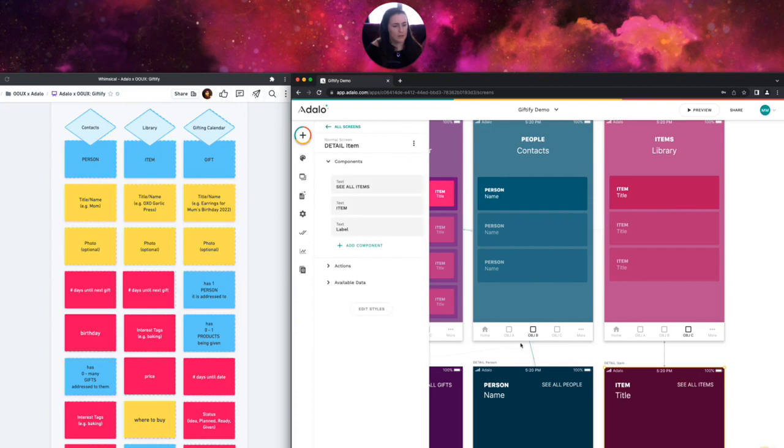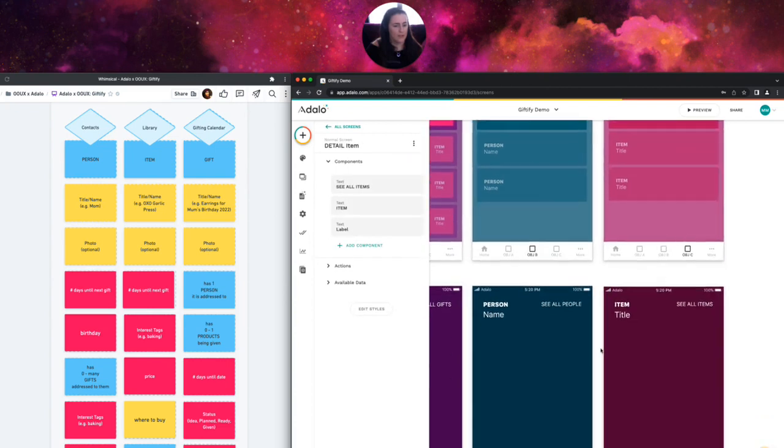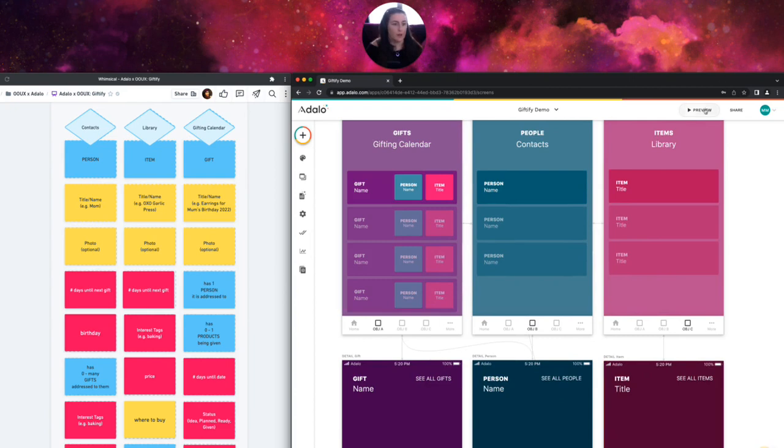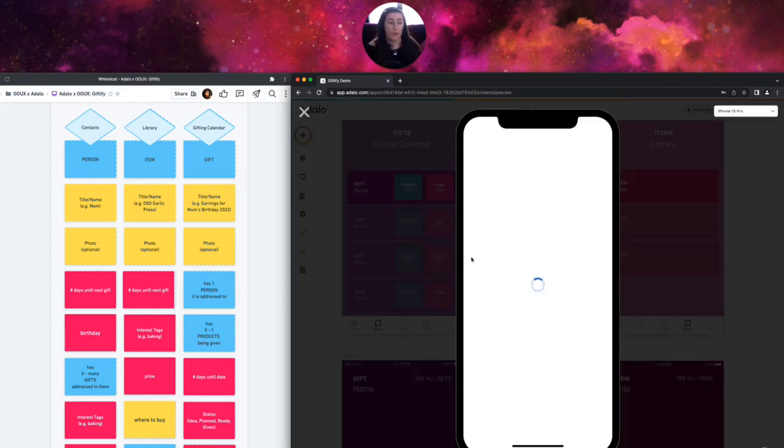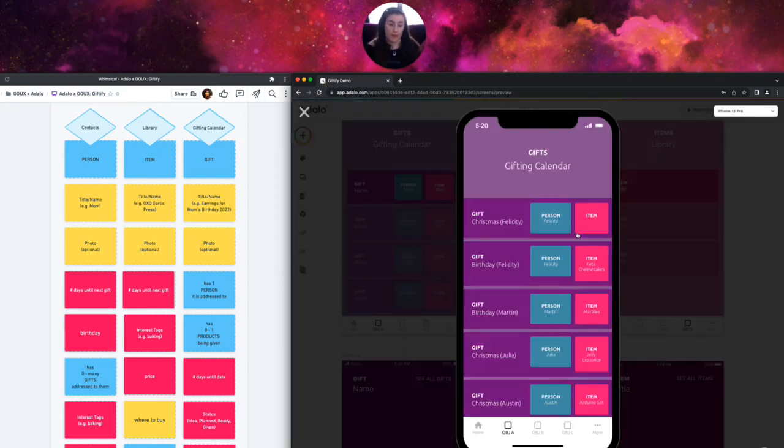Oh, there it is. It's going its own funky direction. I see it. Okay, so now let's test that out. So looking at the gifts, these are now populated. I did create someone who doesn't have an item. There's a gift without an actual item from the library, because maybe someone wants to enter a gift that they're